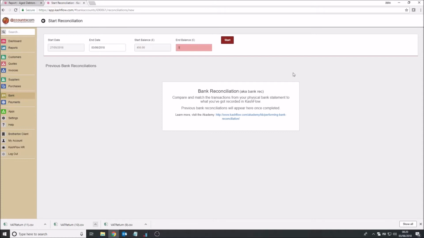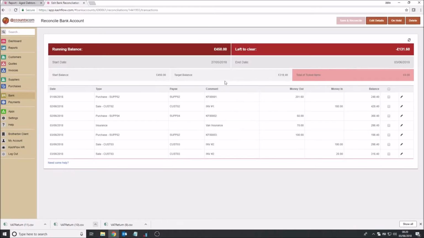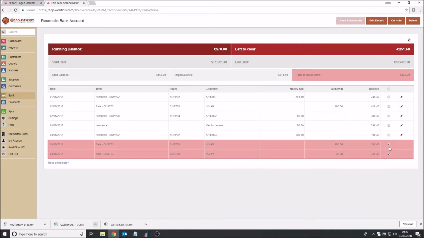We've got start balance there and the end balance that we're looking for. You'd have your bank statements, obviously, 31840. That would be picking up the figure from your bank statement as you're reconciling it. So we go start, and then we're saying, right, we've got 450 running balance, and we've got left to clear 131.60. So as we tick them off, we go down our bank statements, ticking off,